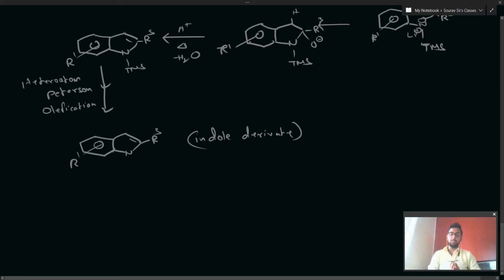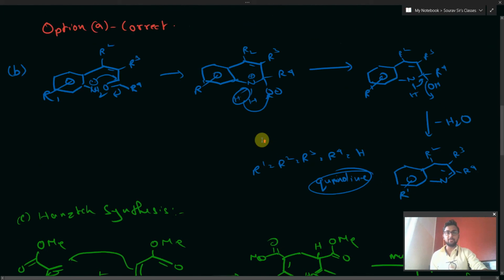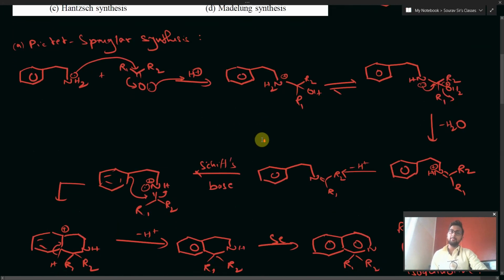So we have isoquinoline. So we have established the fact that isoquinoline is only formed in option A, and as we have assumed that option A would be the correct answer, now we are sure that option A is the correct answer. Okay, so let us end this video here. I guess you have learned. We have discussed four extremely huge reactions that had huge mechanisms, and I'm happy that we have explained all these four reactions in just a single video.